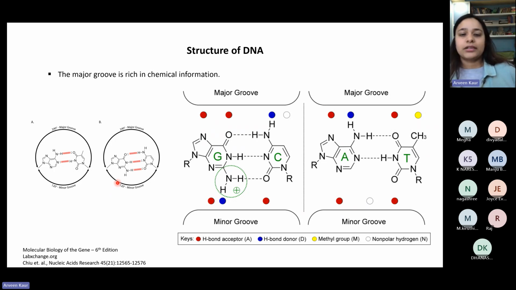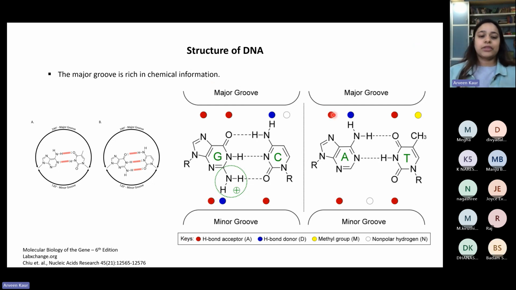So that is another definition that we can give for a major groove versus a minor groove, right? Now, along with this, on the right hand side, I hope you can appreciate this illustration that I have kept, right? This has been picked from Nucleic Acids Research, which is one of the very good journals. In this illustration, what the authors have represented is that in the minor groove, there are some chemical signals that are there, right? Now, what are these chemical signals over here?